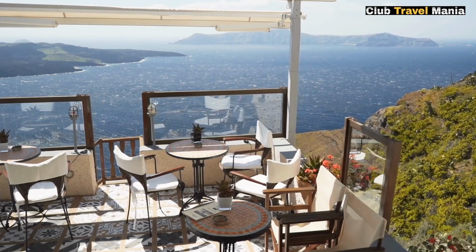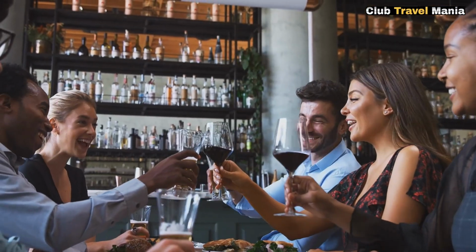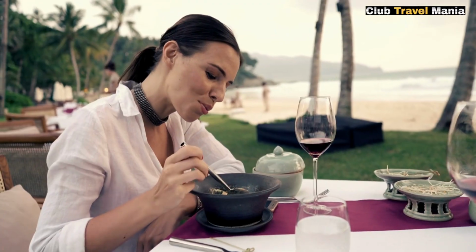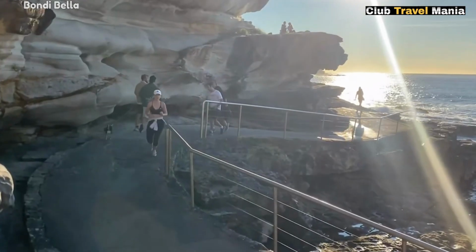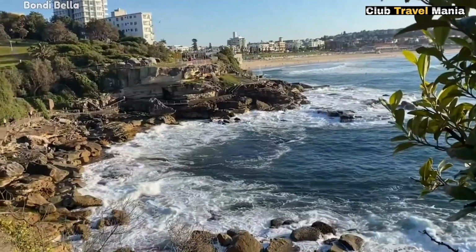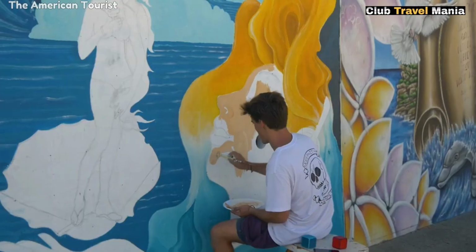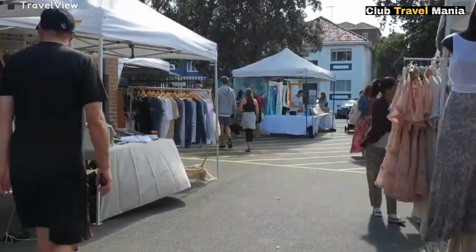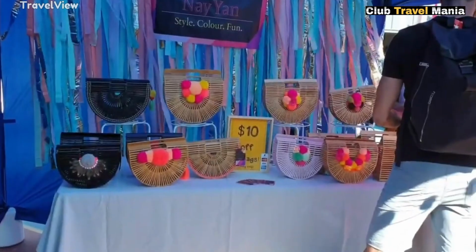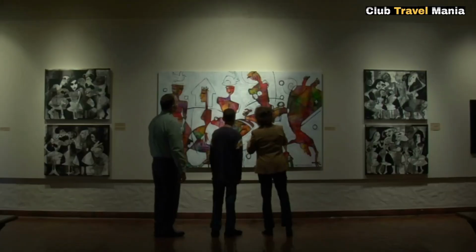This world-renowned beach is also home to a variety of restaurants, cafes, and bars, so you can always find something to eat and drink. You can even take a stroll along the nearby promenade and take in the beautiful coastal views. But no visit to Bondi would be complete without exploring the beach's many cultural attractions. Check out the Bondi markets for handmade crafts, artwork, and clothing, or the many boutiques, galleries, and museums that line